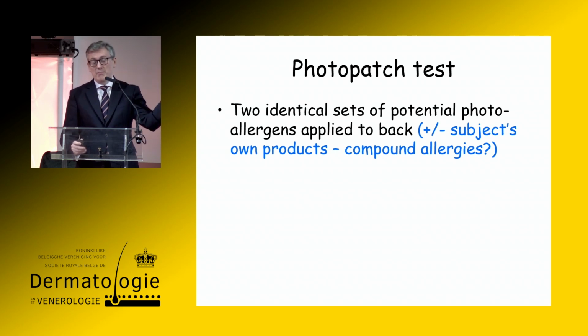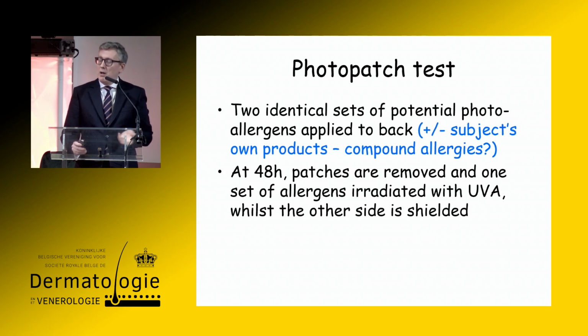of tests. And so you put, let's imagine you're doing the European photopatch baseline series there, and you do it twice. Or you may be doing the fragrances. And of course, you're doing the patient's own products twice. Because what you're going to do then is you're going to irradiate one of those groups of tests with UVA, and you're not going to irradiate the other one so that you can see if there's any difference with ultraviolet